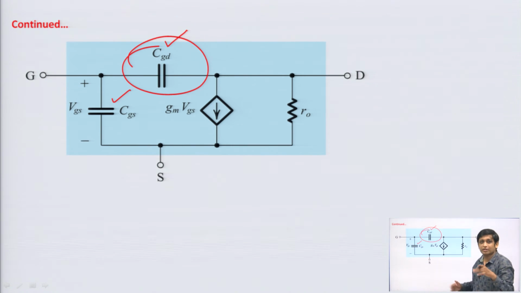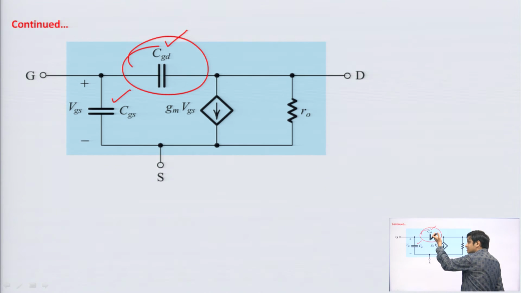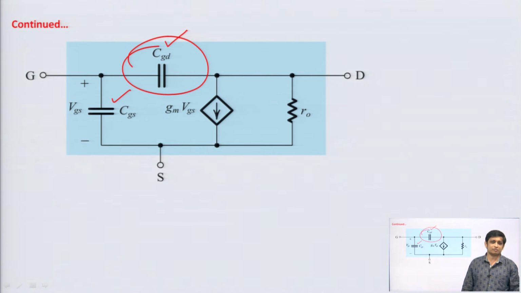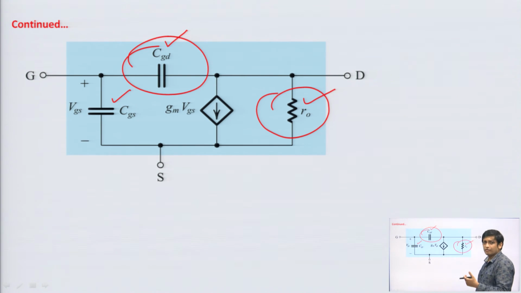So, sometimes in order to further simplify the calculation we neglect this CGD also, but only in saturation. Normally we go for amplifiers, so obviously the MOSFET will be used as an amplifier in saturation, where the value of CGD is very less. So, sometimes in order to simplify the equations we neglect this CGD. The remaining things are same. R naught is due to channel length modulation, the early effect. We can neglect it in discrete circuits, but in IC designing no. In IC designing this R naught plays a big role.